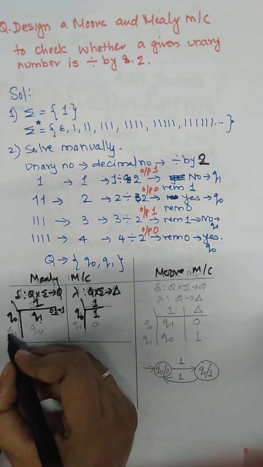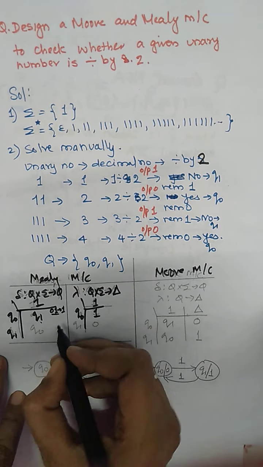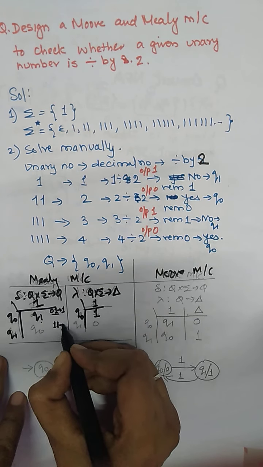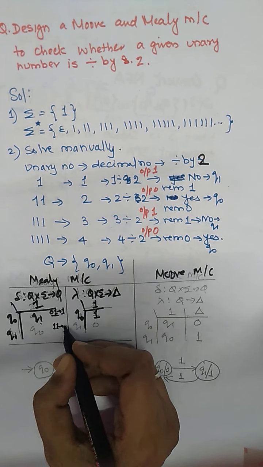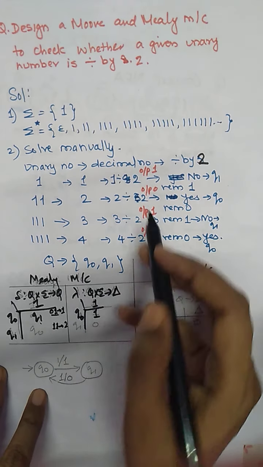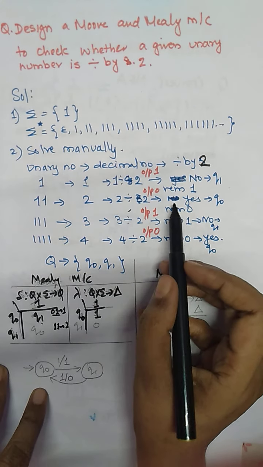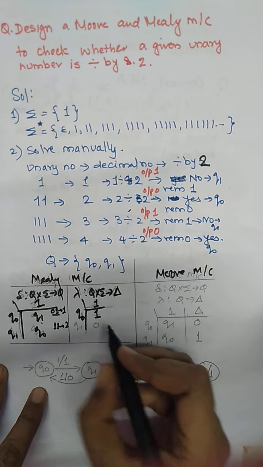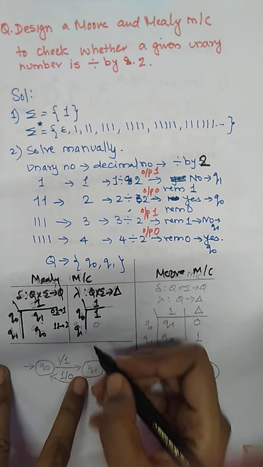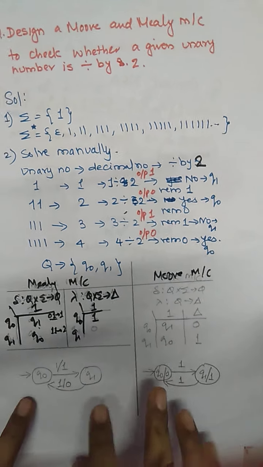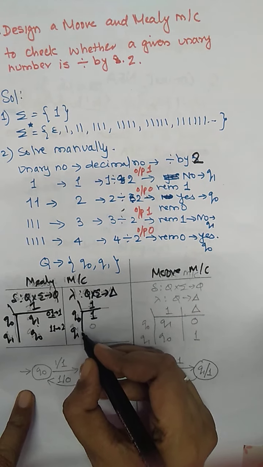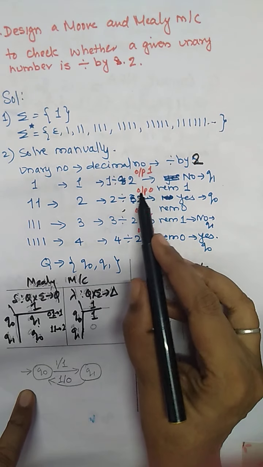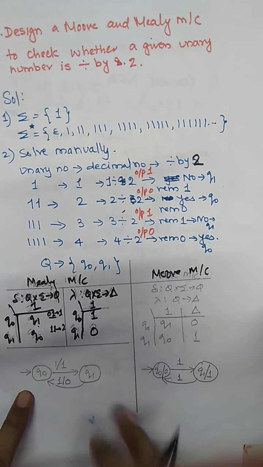Okay. Now next reachable state is q1. q1 means the previous remainder is 1, with the next bit as 1 will make double occurrence of 1, which will be 2. Whether 2 is divisible by 2? Yes. For the remainder 0, the state is q0. Similarly here in your machine table, what is the output associated with q0? Output associated with q0 is 0. So that's why we have to write 0 here.